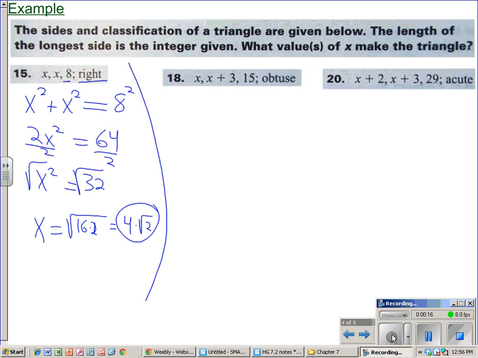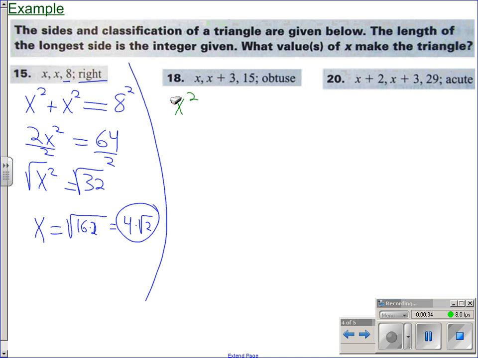We're looking at example number 18. We're talking about the converse of the Pythagorean theorem. So in this problem, we have the longest side is 15. The other two sides are x and x plus 3. We're trying to make this an obtuse triangle. So what we need to do,